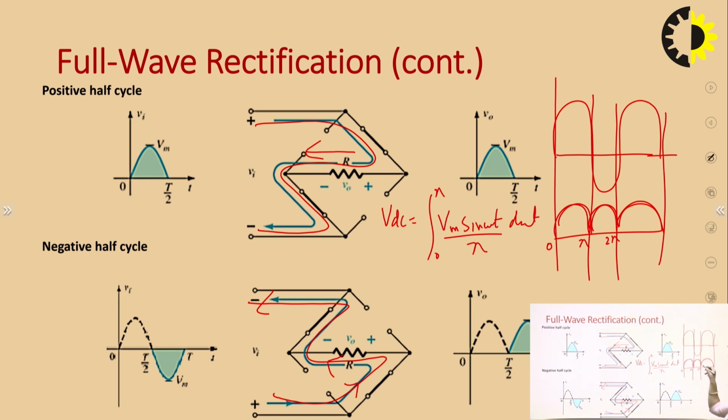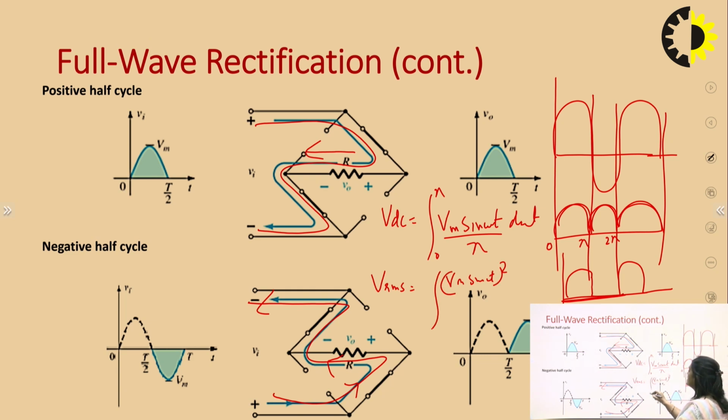This is how we can calculate the VDC value in the case of the full wave rectifier, because here the wave is repeating itself at pi interval, while in the half wave rectifier the waveform was repeating itself at an interval of 2 pi. And here the RMS value can be calculated as the root of the integral of Vm sin omega t whole square, from 0 to pi, d omega t. So this value will be Vm by root 2, and the DC value will be 2 Vm upon pi. So this is how we can calculate VDC and VRMS in the case of the full wave rectifier.